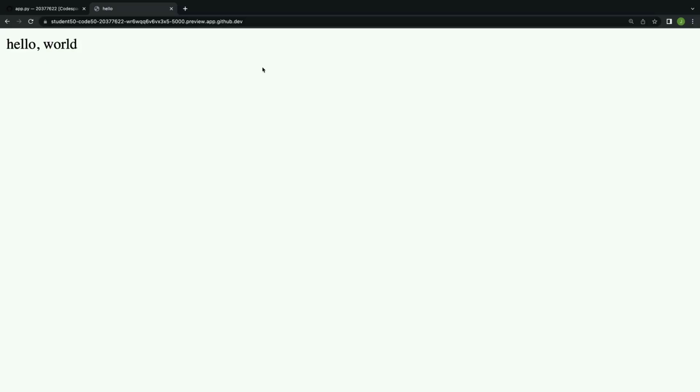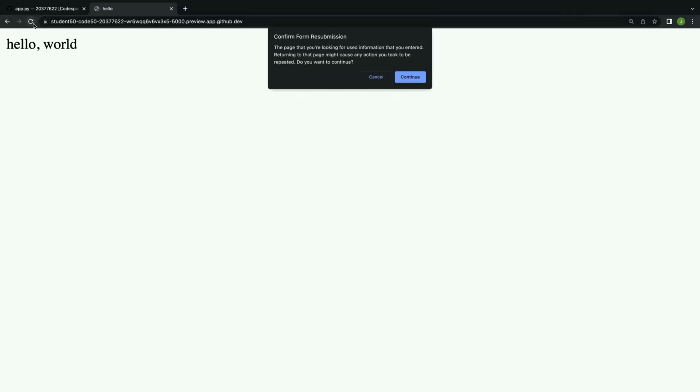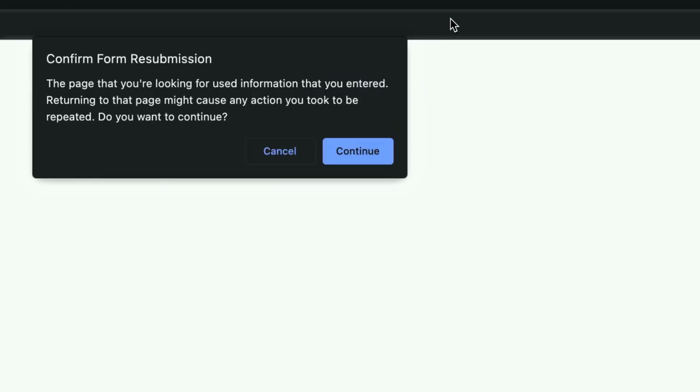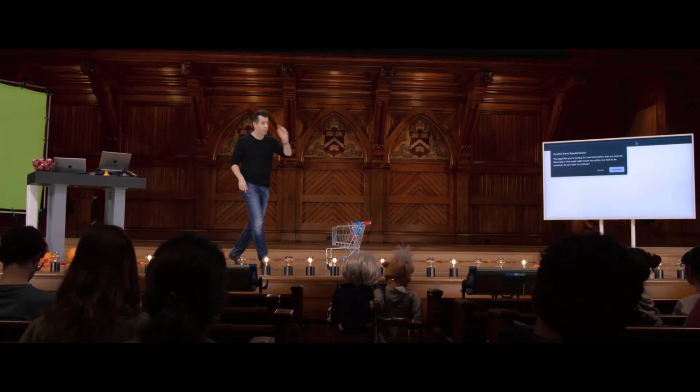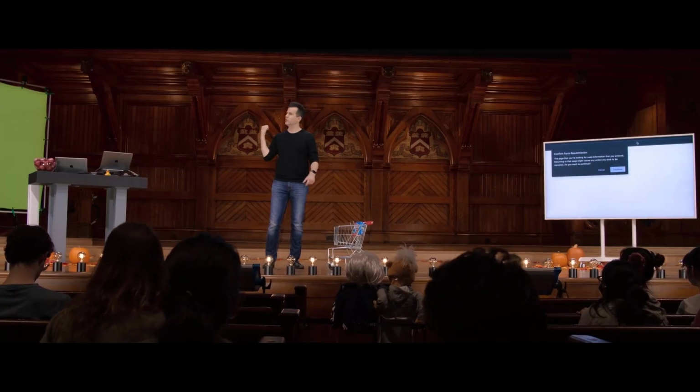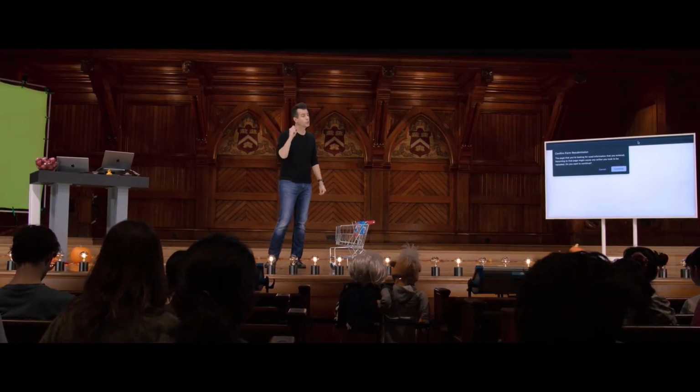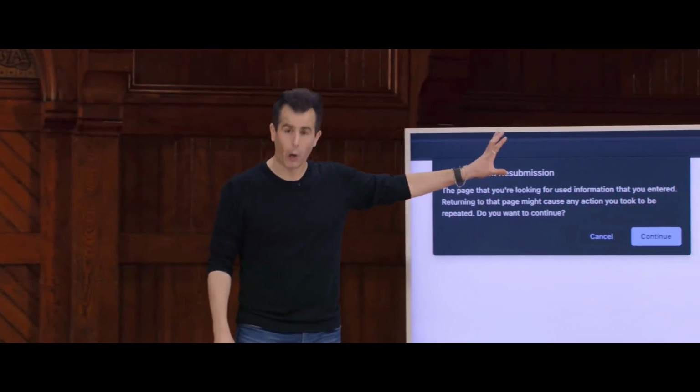Now notice this too. If I reload, I'm going to get this warning. Do you want to confirm form resubmission? The page you're looking for used information that you entered. Returning to that page might cause any action you took to be repeated. Do you want to continue? You might have seen this on websites you've actually visited, where you hit reload and you're prompted, wait a minute, do you want to do that? Odds are you've been prompted to reload explicitly because why? Whatever you just did was post